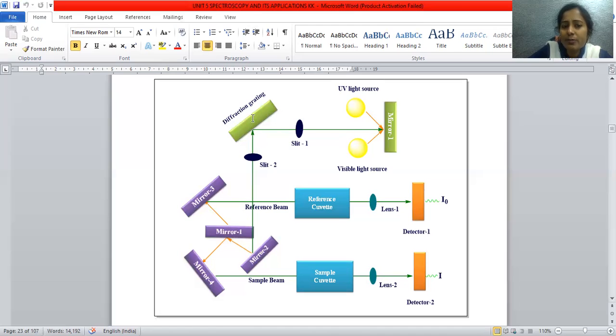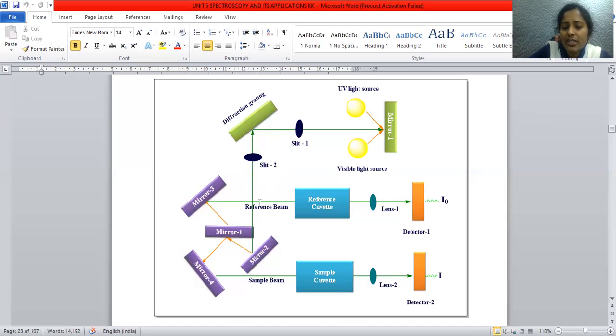When it falls on the diffraction grating, only a selective wavelength is collected. A single beam of light, a single path, is chosen to fall on the sample, and the remainder is discarded. In this way, polydispersed light is converted into monodispersed light. Again, this is passed through a slit.